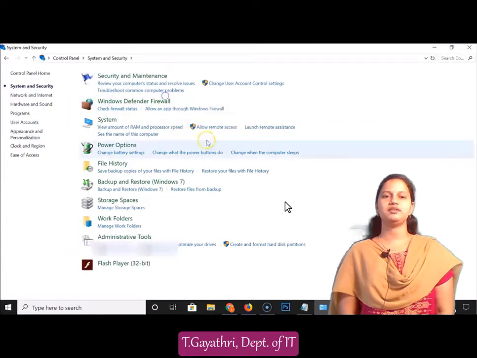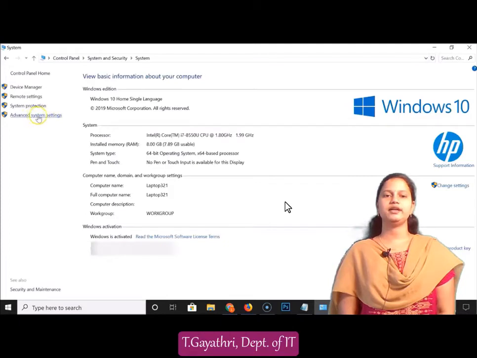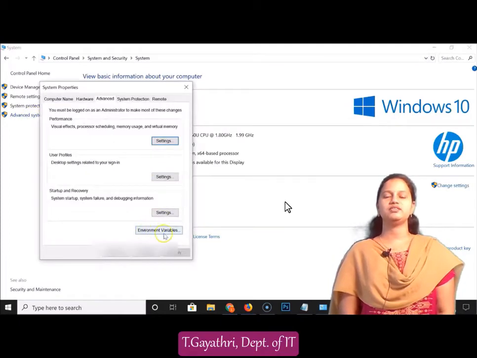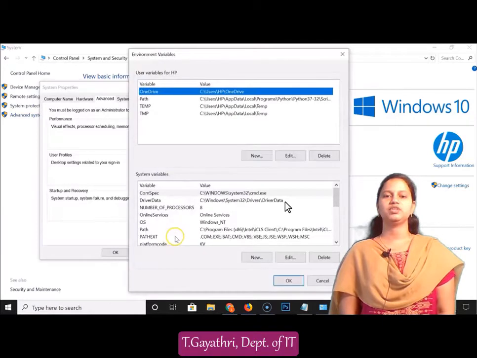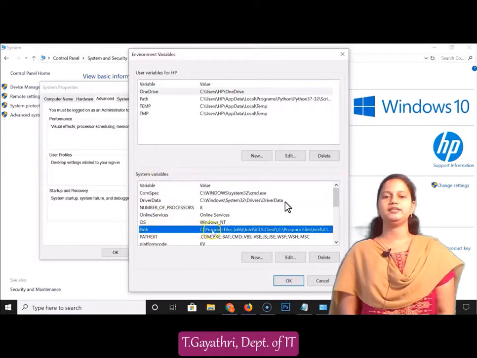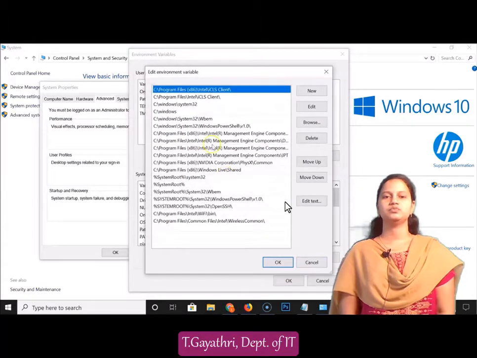In the system, select Advanced system settings. Here we have to set the environment variables for the Java path. Here are the system variables we have to set. Go to the edit option. Select the path and then click on edit. This is the environment variables.